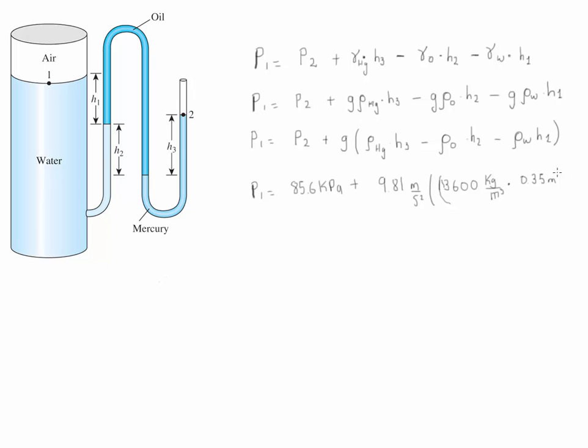Okay, so we're going to continue factoring this, and then equals minus the density of oil is equal to 850 kilograms per meter cubed, and the value of H2 is equal to 0.2 meters. And then the last part, which is water, which is 1000 kilograms per meter cubed, and the value for H1 is equal to 0.1 meters. We close this up, and then we simply get P1 is equal to 85.6 kilopascals plus